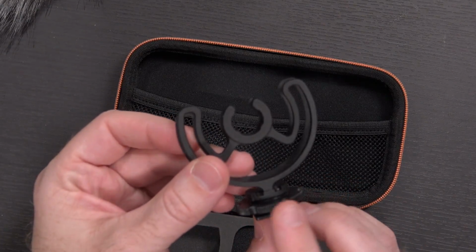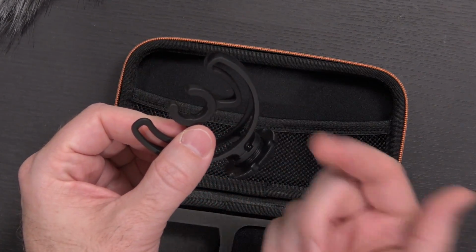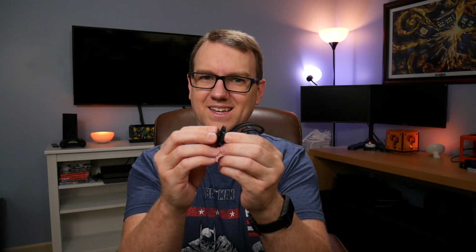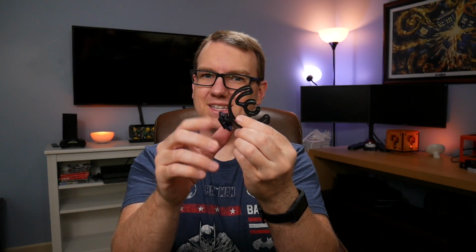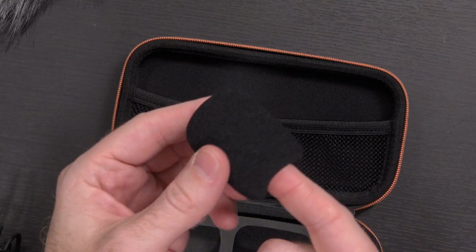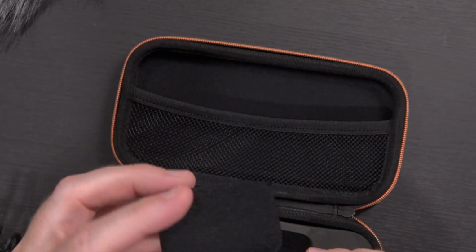Here's the shock mount with the cold shoe on it, as well as a tripod mount on the bottom. So you'll just put that on your camera, screw it into place. And I think that's actually a really thin, really light metal, because when I'm screwing this up and down, it sounds like metal instead of plastic. The top part obviously is all rubber, but that's a metal mount. Here's your traditional windscreen pop filter, not the dead cat. So this is the part you'd use if you wanted to just keep the plosives at bay,